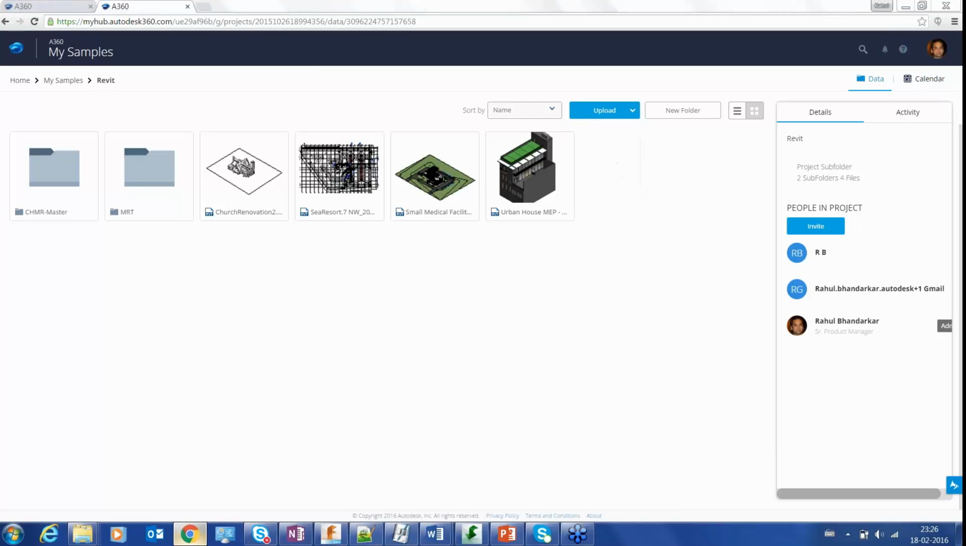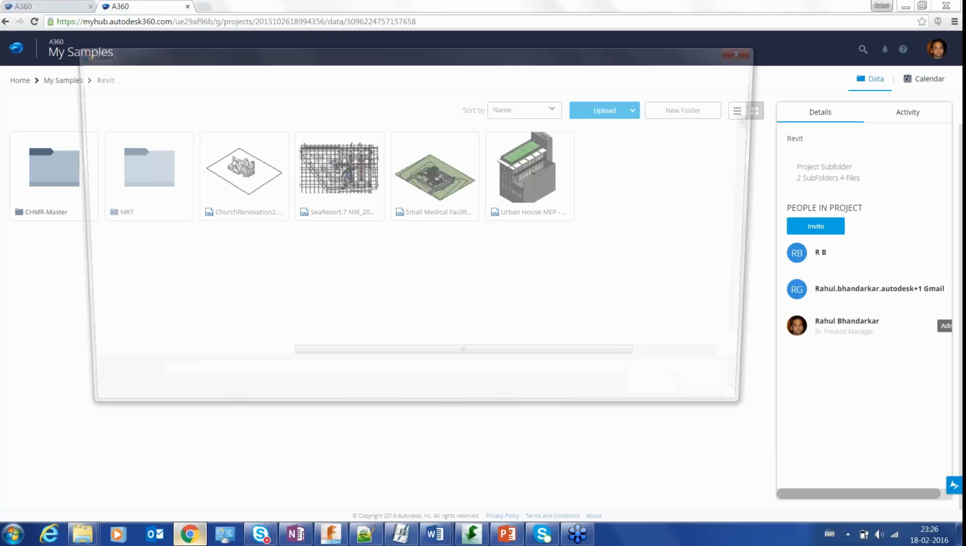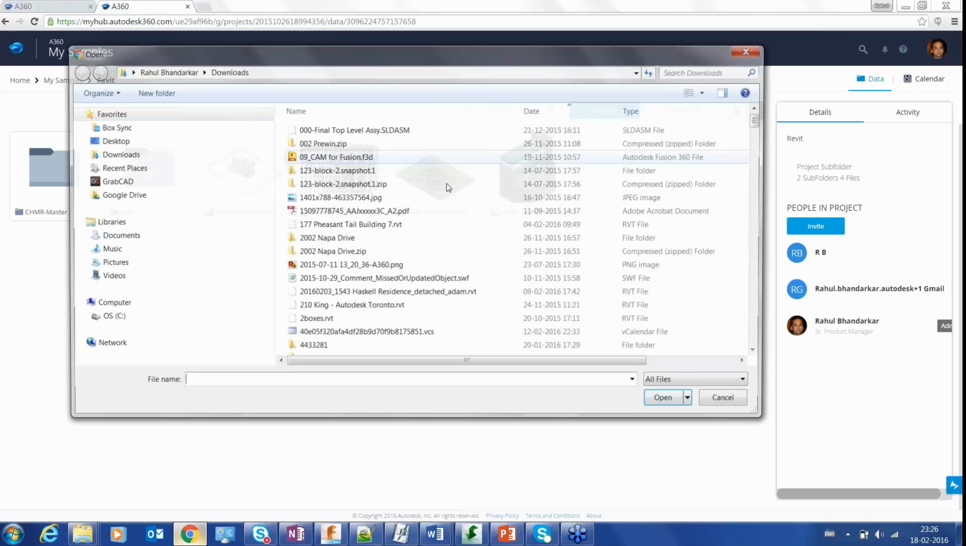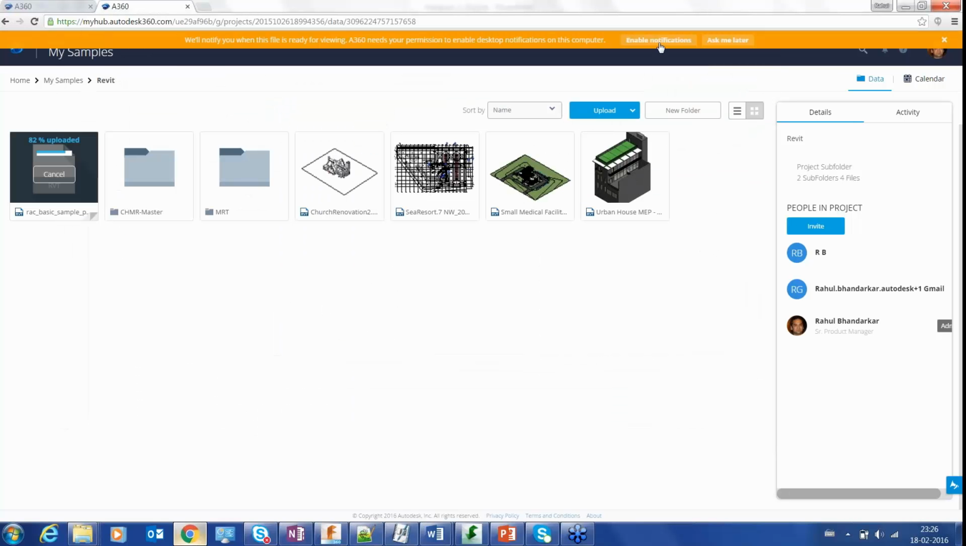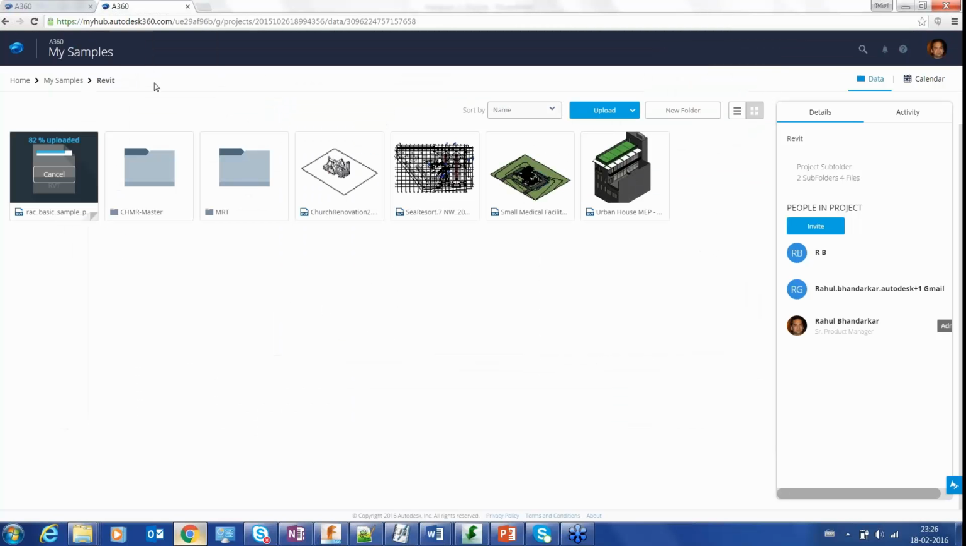So let me go to one of my sample design files I have here. Okay, so this is the desktop notifications I was talking about earlier. So when you try to upload a file, it'll ask you, you want to enable notifications for upload, and I say, yeah, enable, allow, and you'll see here that the upload is already up to 82%. I hope my screen is refreshing in time. I'm not sure about that, but